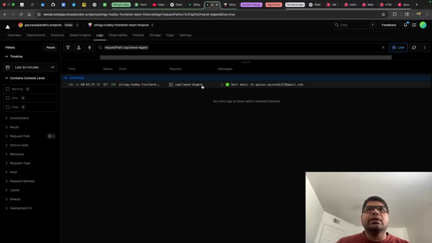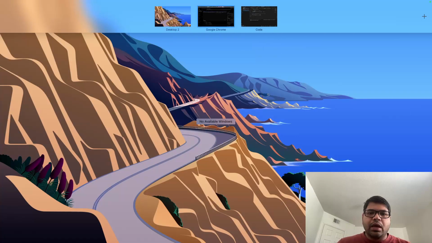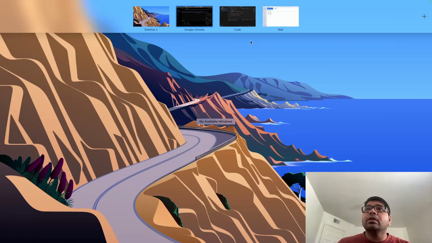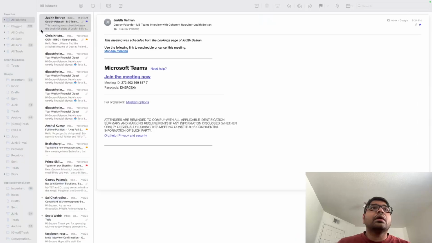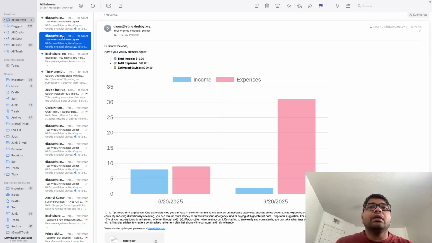Yeah, okay, I can see an entry now, and it talks about sending emails to the users. That would be me and my wife. So let's go back, or actually I would want to open the emails. I have the emails open, or inboxes. Yeah, I can see certain emails coming in, and as you can see, for the GapIsGod account, I